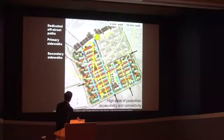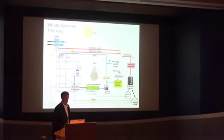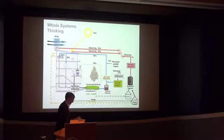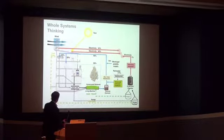But first of all, we were going to have walkable distances to a major stop in the middle of the block. So it was transit-oriented. Have any of you seen this diagram before? Some have. Okay. So I always go back to this because our students and I thought about possibly trying to